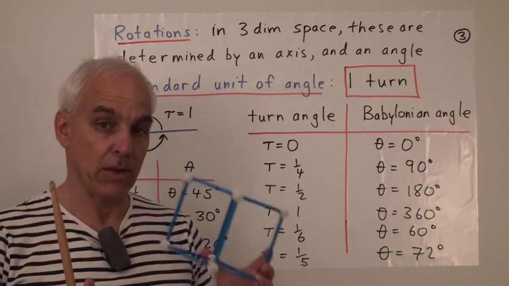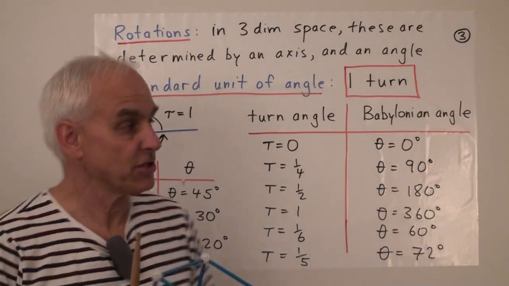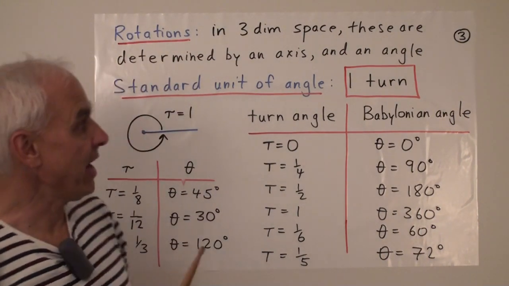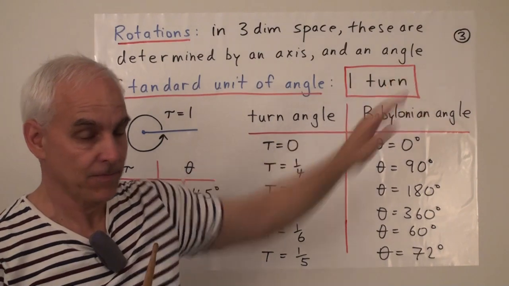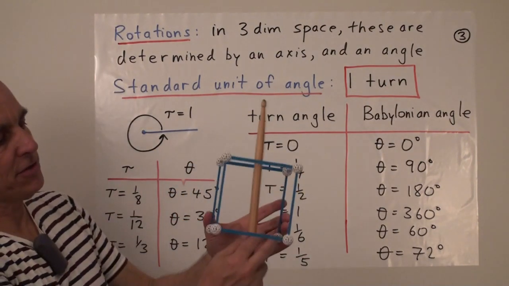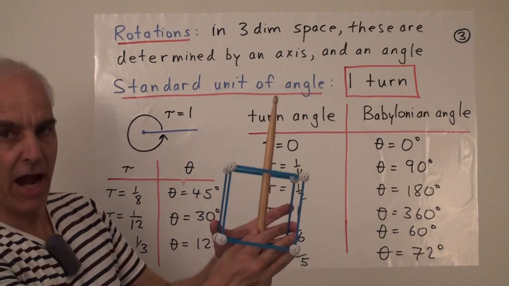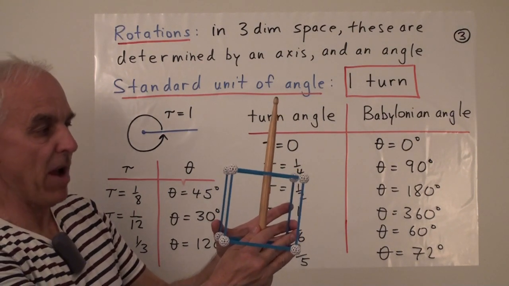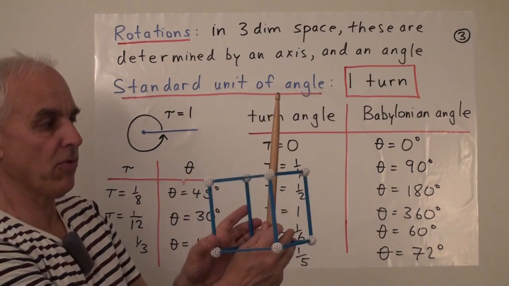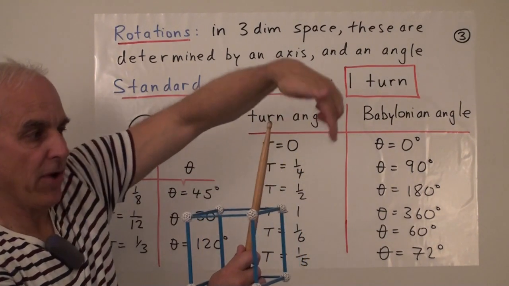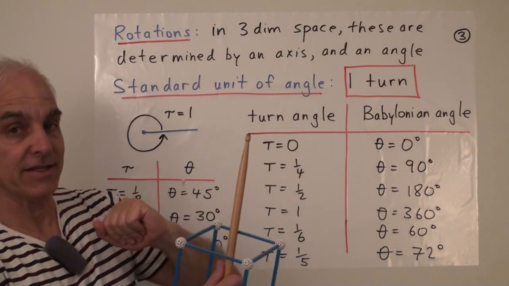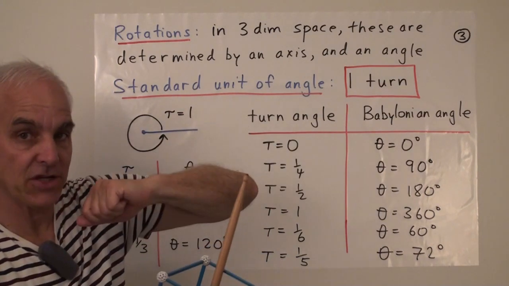The rigid motions that we're going to be mostly interested in are rotations. And in three-dimensional space, these are determined by an axis and an angle. We're thinking of these things very physically, so we want to think about having an axis, which is a line in three-dimensional space, and then rotating about that axis. The amount that we're rotating is a planar angle. You can think about that in the plane perpendicular to the axis. There's a certain angle of rotation.